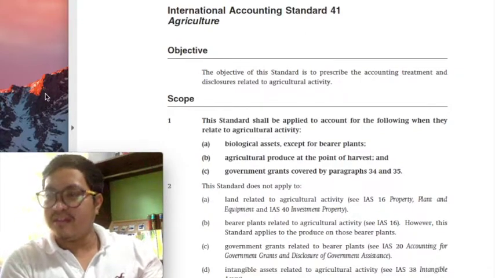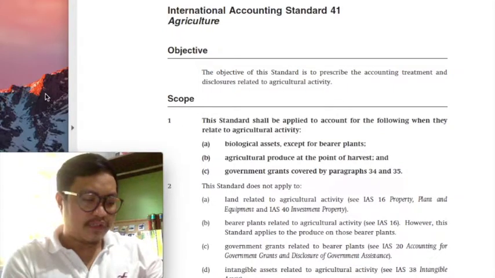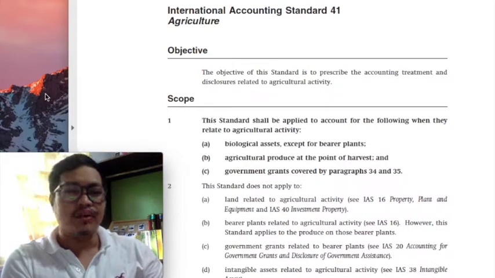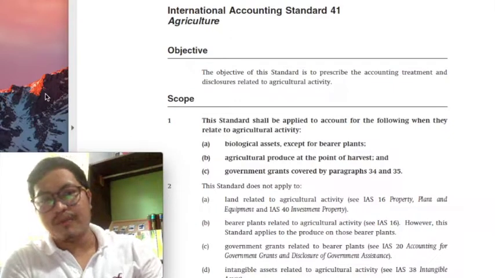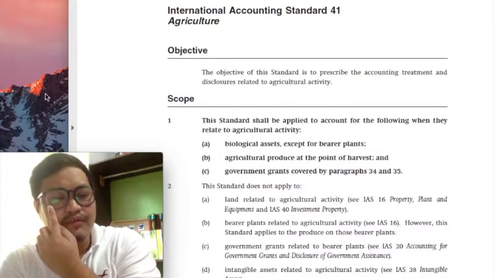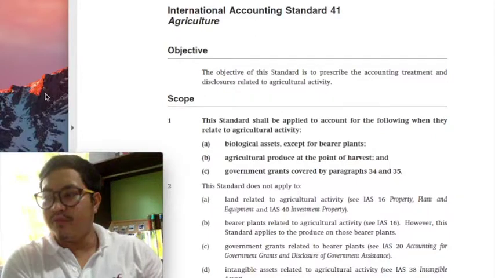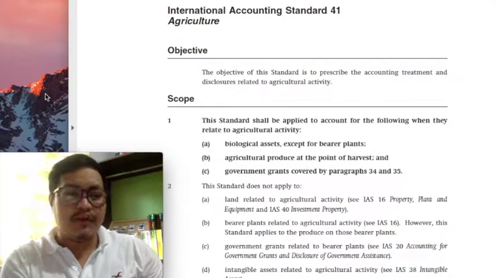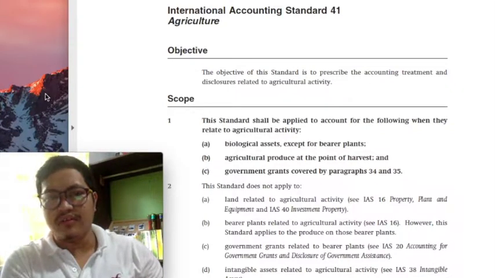And many answered incorrectly, class, because the first thing that normally comes to the mind of students when talking about PAS 41 is biological assets, class. Whereas the correct title for PAS 41 is actually agriculture. Although I'm not personally a fan of those kind of questions, class, it actually happened before, so perhaps it could also come out during your final departmental examination. Okay, so please at least be familiar with the title of the standards.